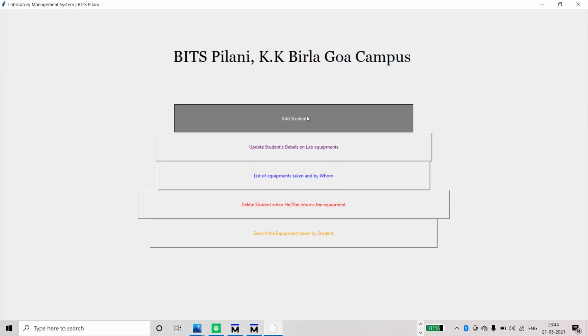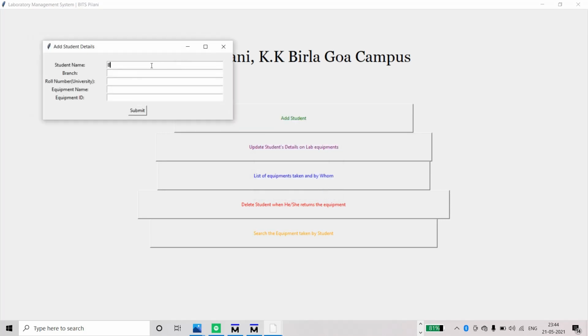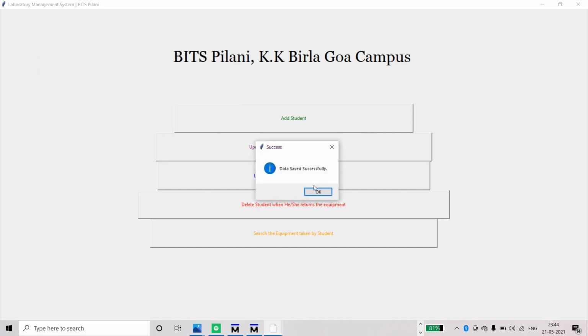Now let's give one more, Vijay. Let's say equipment name, hardware, and equipment ID, any random value I'm giving as an example here. It says data saved successfully.